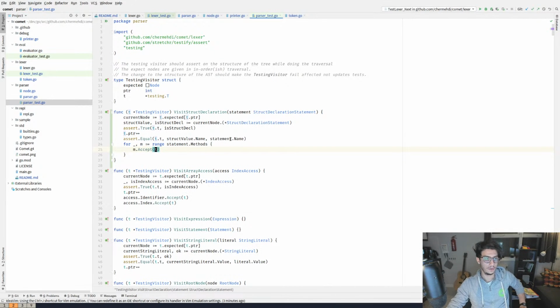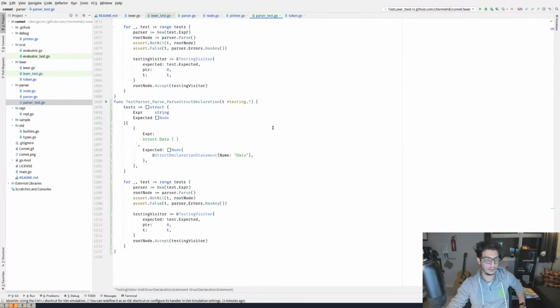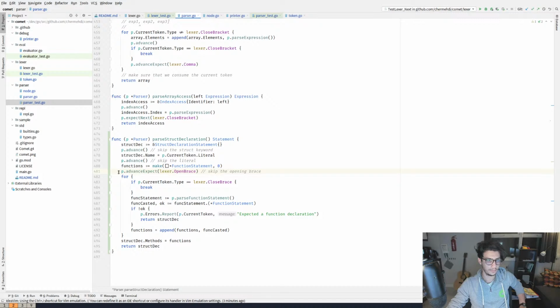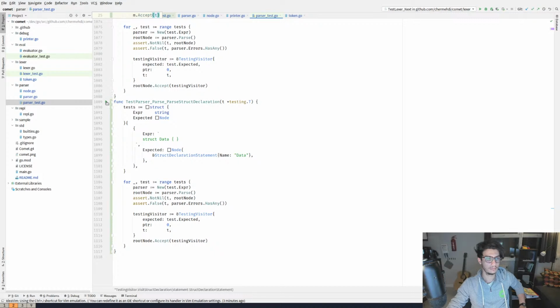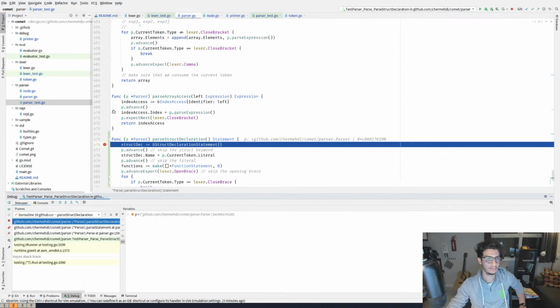Okay, so let's see if this worked at all. But before that, I want to see the syntax tree that gets generated. All right. So the struct declaration, we created it.